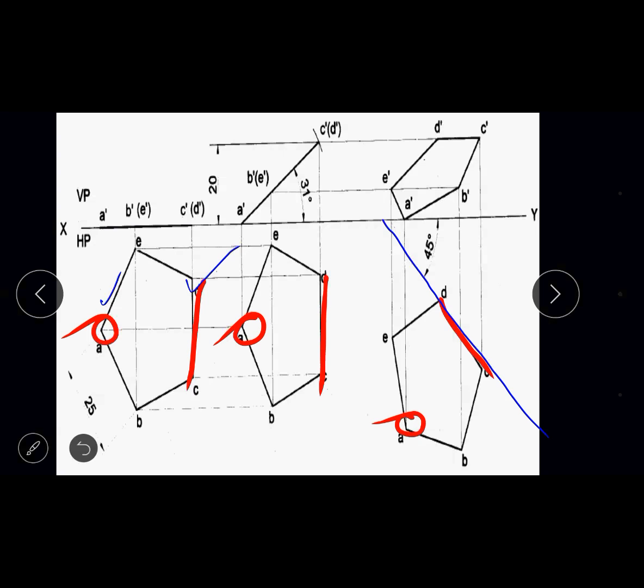If you have any doubt, you can ask questions. If you have any doubt on this problem, you can raise your question. Activate your audio and raise your questions. Any doubt in this problem? If anybody has a doubt, you can raise the question. So no doubt. If you have no doubt, then we'll wind up the class.